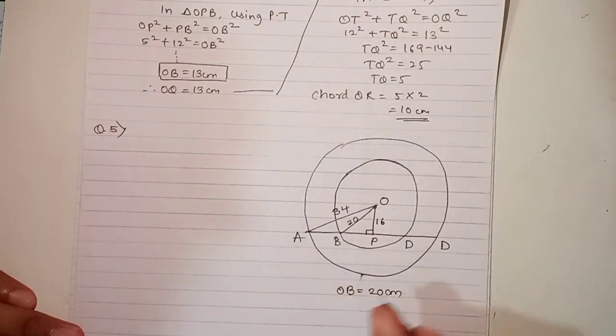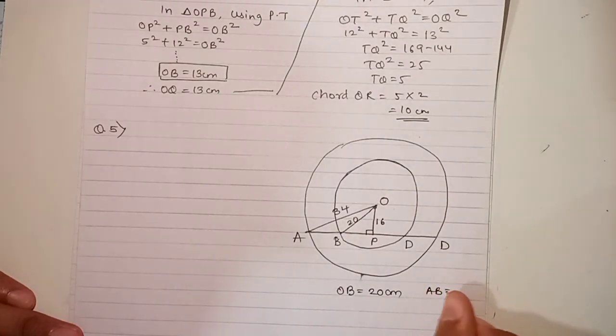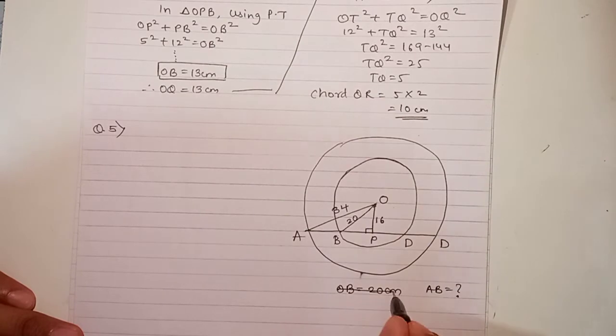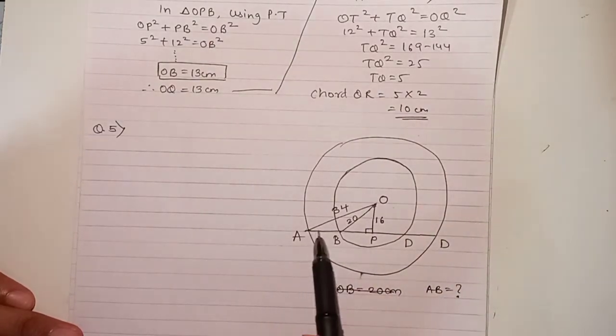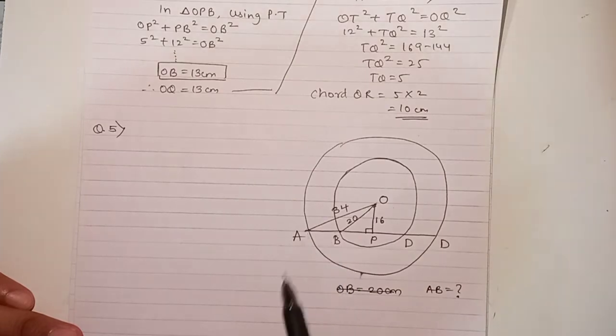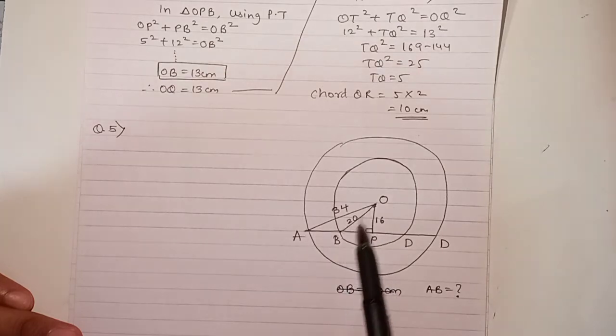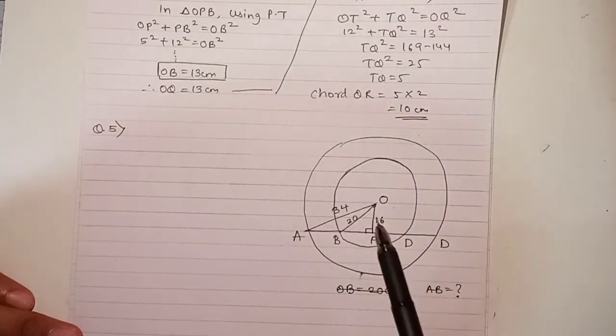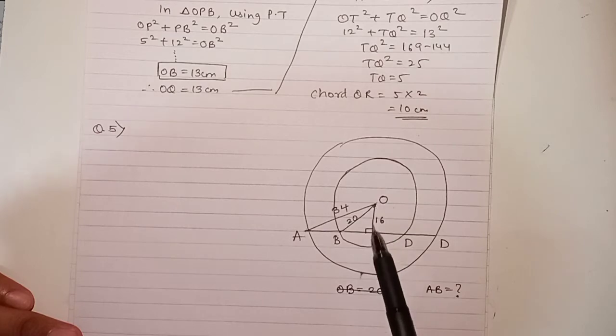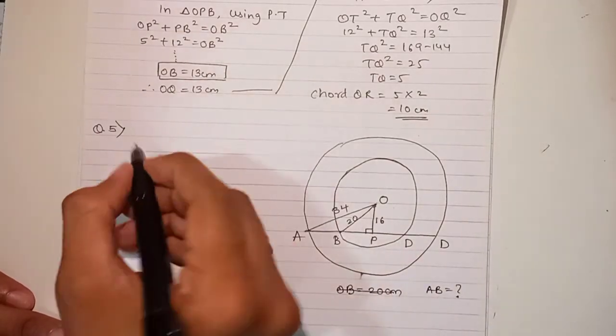And what do we have to find? We have to find AB. How to do that? Very simple. AB किधर है? AB इधर है, इधर छोटा. Okay, you cannot solve this triangle ABO. ये triangle solve नहीं हो सकता because this is not a right angle triangle. You cannot solve this. So what we will do? We will solve this smaller triangle OPB. ये OPB, इसमें Pythagoras करेंगे.